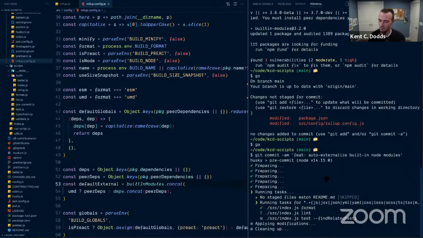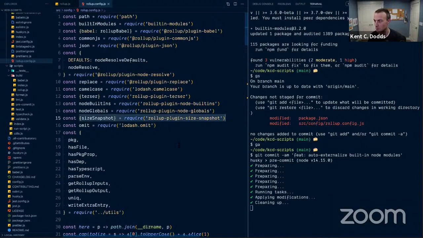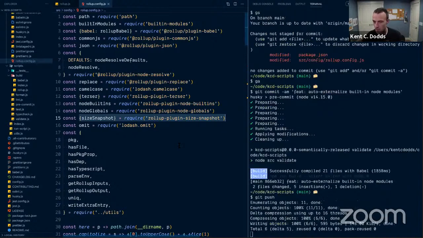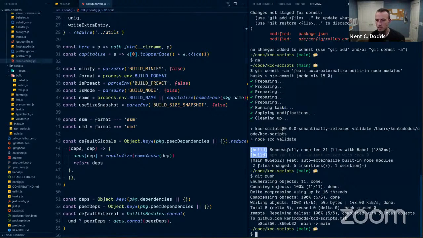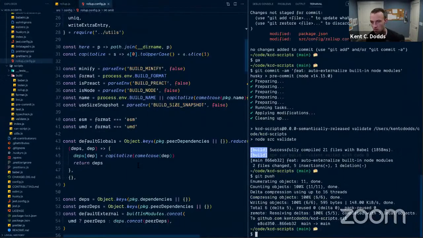Unfortunately, this effort will be wasted in our situation because, oh, you know what? One other thing I want to do, we're going to get rid of this size snapshot nonsense. This is garbage. Unfortunately, I happen to know that there's at least one project that's using this, and so it's going to be a breaking change. Never should have added that as a default. Oh well, I don't want to do that right now. Yeah, stupid. Okay. Like I said, unfortunately, we won't be able to reap the benefits here, but that's okay